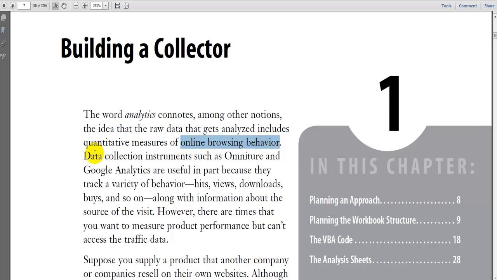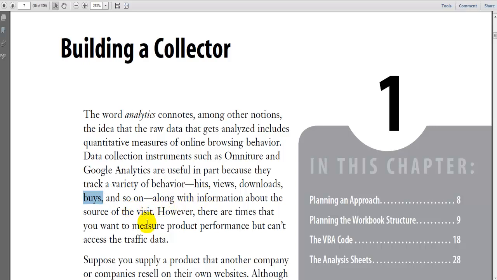Anyway, data collection instruments such as Omniture, so I don't know what that is, but I guess it collects data, or Google Analytics, are useful in part because they track a variety of behavior: hits, how many page hits you get on your website, how many views, how many downloads, how many buys, and so on. So they're useful because they track this, along with information about the source of the visit,